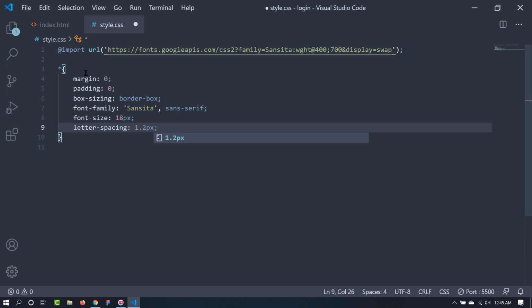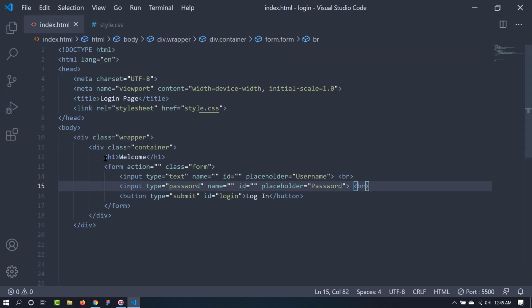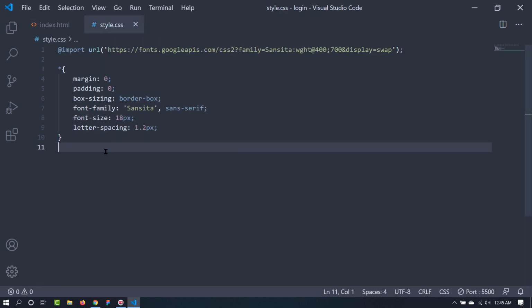Also we can add a letter spacing, because this font is a little bit congested, so let's try 0.2 pixels. Now let's move on to the wrapper, and we want this form in the middle of the web page, or this container div in the middle of the web page. For that we can use the position property of CSS. So we are going to give this wrapper a position of absolute and this container a position of relative. So let's do that. The class name is wrapper.